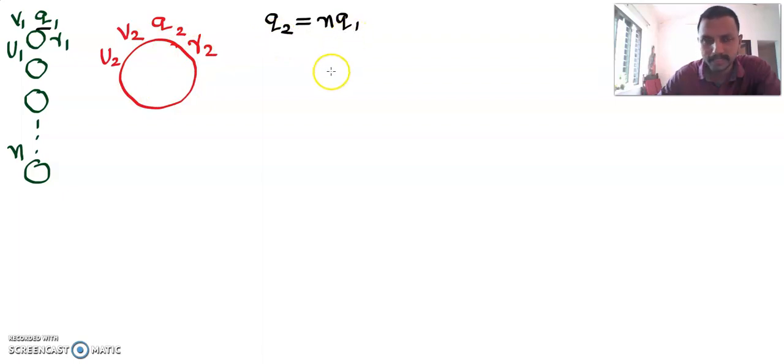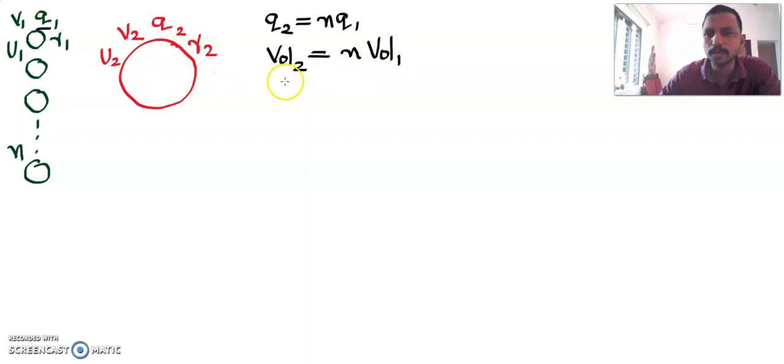Is that clear? Then, let's speak about capacitance. Before speaking about capacitance, let's speak about the volume of the larger liquid drop. What should be the volume of the larger liquid drop? The volume of the larger liquid drop, let me write it as volume 2. It should be equal to n times the volume of the smaller liquid drop. That is n into volume 1. Because we are combining these n identical liquid drops to form this big liquid drop. Therefore, the total volume of the big liquid drop, that is volume 2, is equal to n times the volume of a single liquid drop.